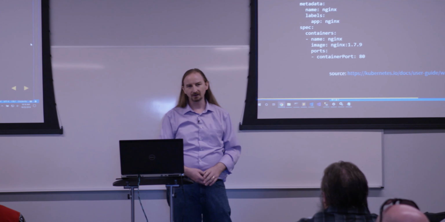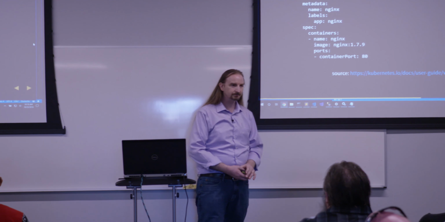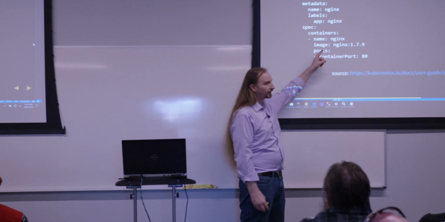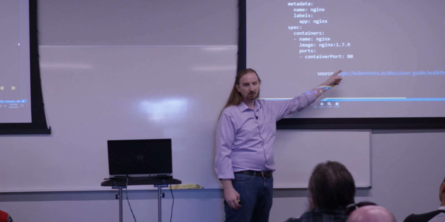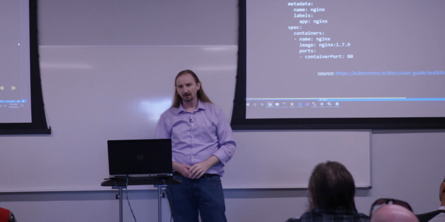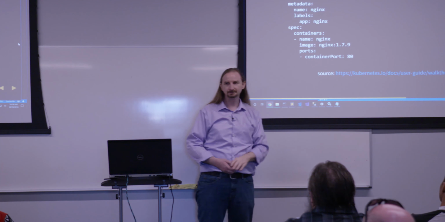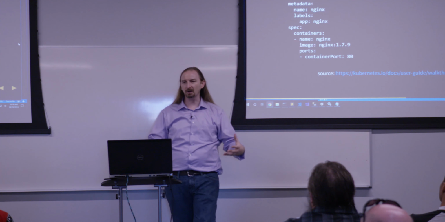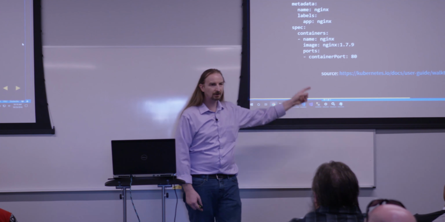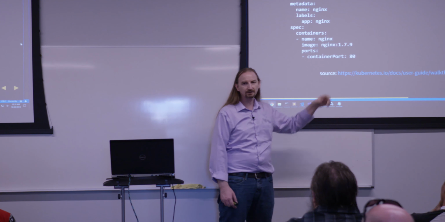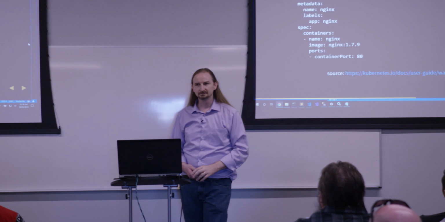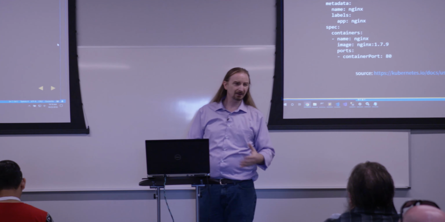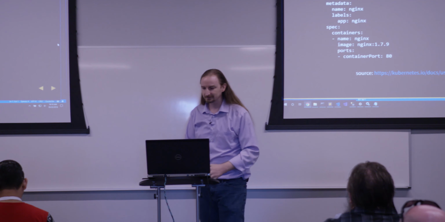Here in the specs section, we list the containers that are in this pod. And so in this case, we have an Nginx container. We pulled it from the Docker registry, Nginx version 1.7.9. And we'll forward port 80 into it. So here's our pod file. When we spin up this pod, it's going to go download this image from the Docker registry if it isn't already on the box. It'll launch that container inside this thing, and it'll accept traffic inbound on port 80. Now, nothing's sending traffic to it yet. It's ready to go.